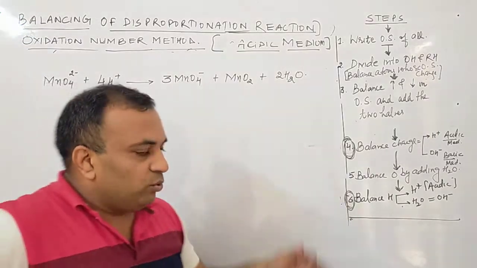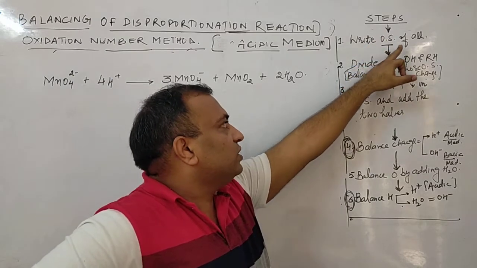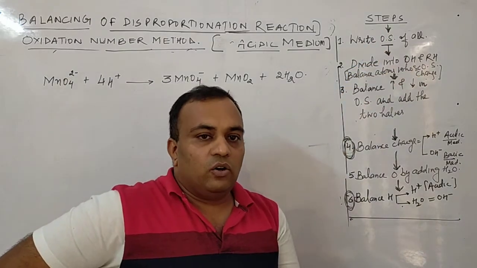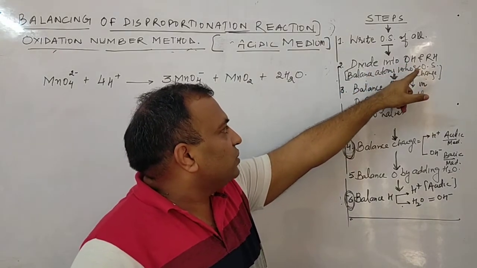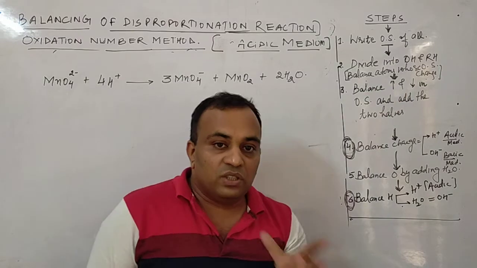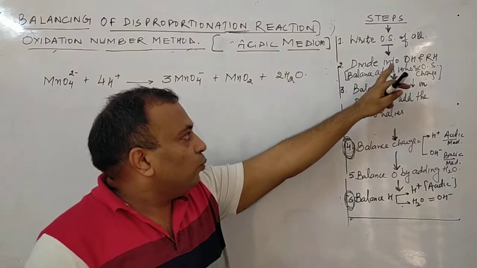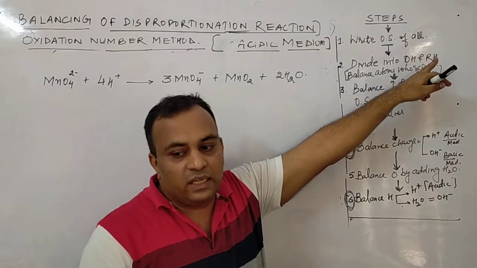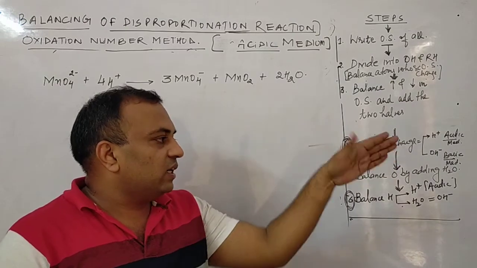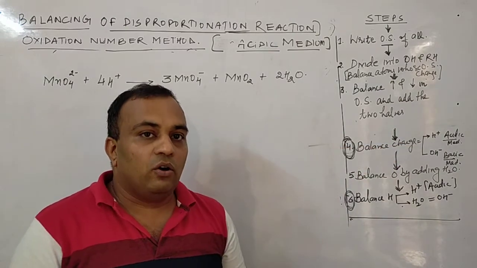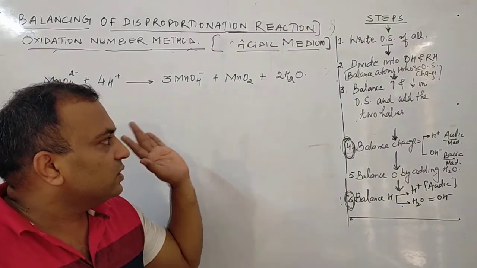So the steps that we will use, just see. Step number 1, we have to find out or write the oxidation state of all. सभी species का oxidation number हमें mention करना है. Then divide the reaction into oxidation and reduction half and balance the atom whose oxidation state changes. आपको दो पार्ट में डिवाइड करना है. You understood? One is oxidation half, another one is reduction half, and then we have to balance increase in oxidation state and decrease. Because you know that in oxidation, oxidation state increases and in reduction it decreases.